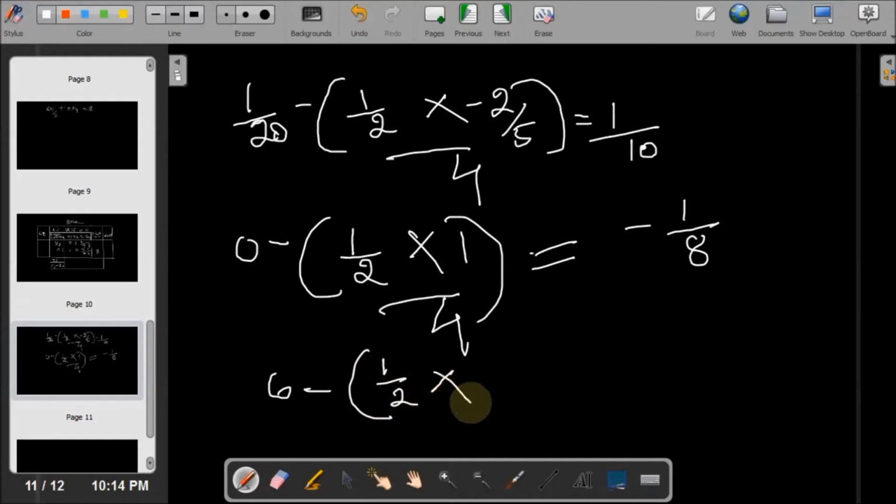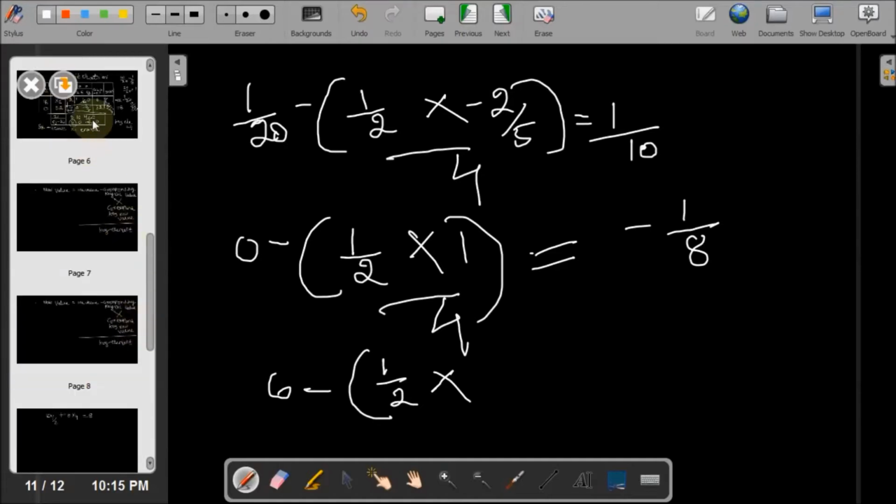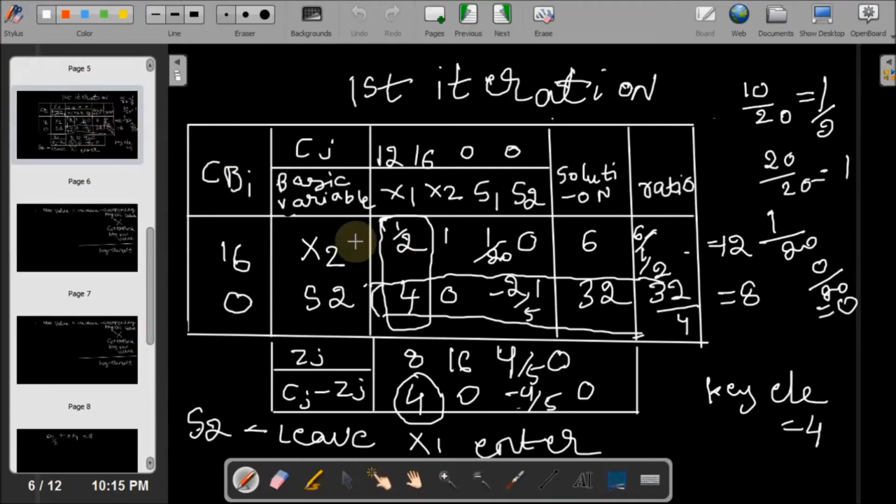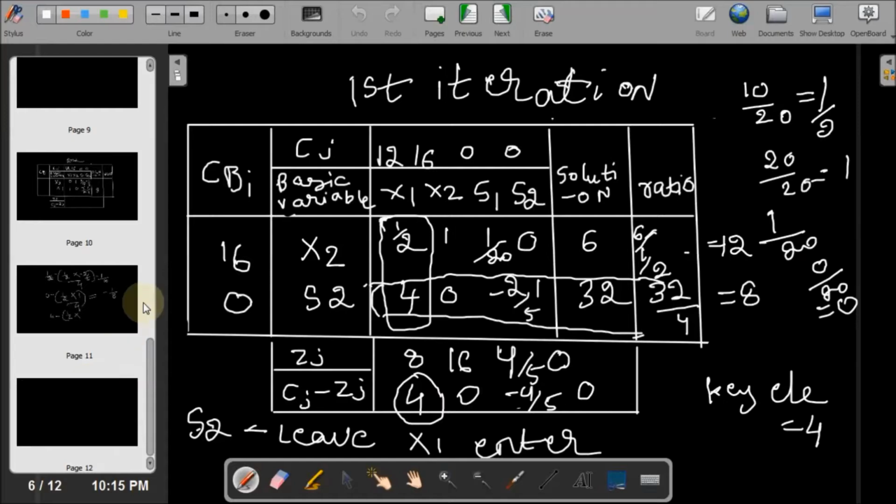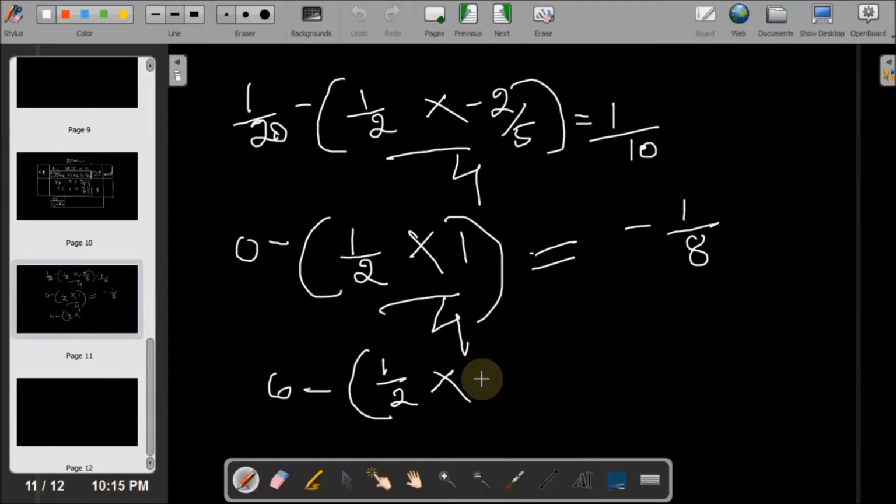So corresponding row, you can see that. See guys, corresponding row, what is that? 32. For a 6, corresponding row element is what? 32, right? So you will write 32